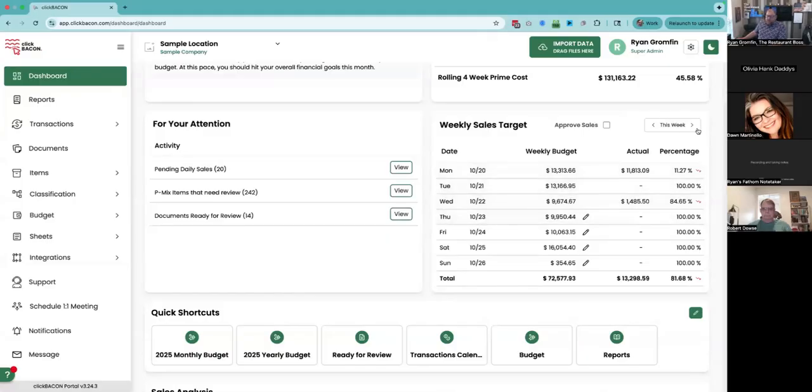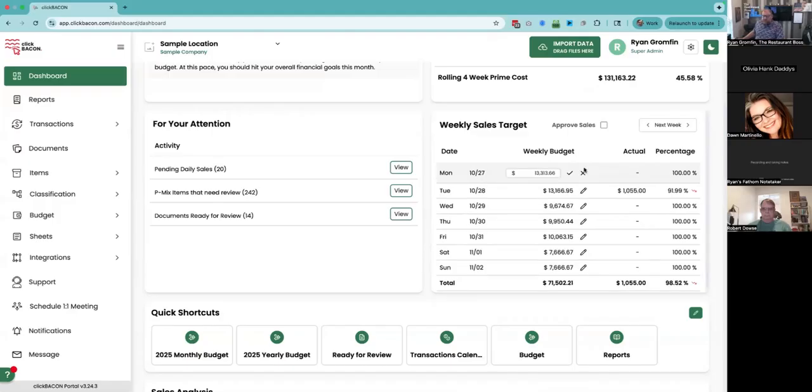Now, the reason we would edit it is if you're using your budget for proper forecasting, for proper scheduling, for proper ordering. So, for example, today's a Thursday, and let's say, hey, I'm about to set my schedule for next week. Well, you could toggle over here to next week and you could see, hey, this is what you're budgeted for. Do you think this is good? And you might look at this and go, oh my gosh, no, we're closed on Monday. There's a holiday. So you just simply click here and change this to 0,